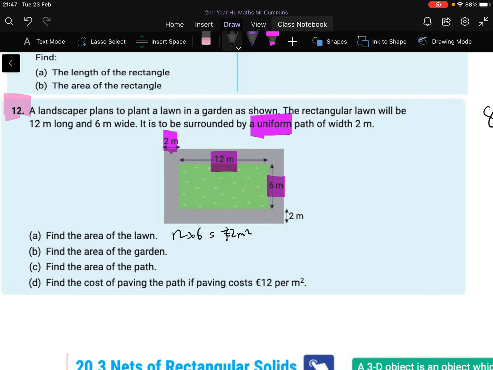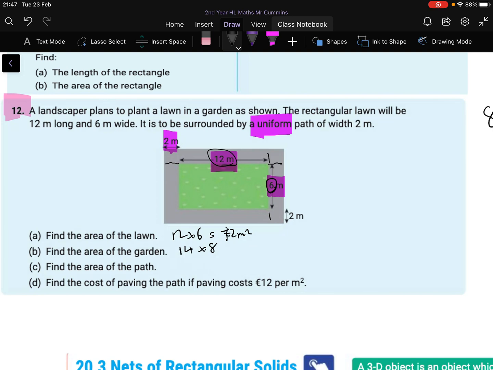Area of the garden is just going to be the area of the garden plants, lawn and path. Okay, the garden's the whole thing. So we have 12 here, and we know there's going to be 2 here and 2 here, so in total it's going to be 14. So the length of the whole thing is going to be 14, and the width is going to be 6, and there's going to be 2 here and 2 here, so it's going to be 14 by 8, which is equal to